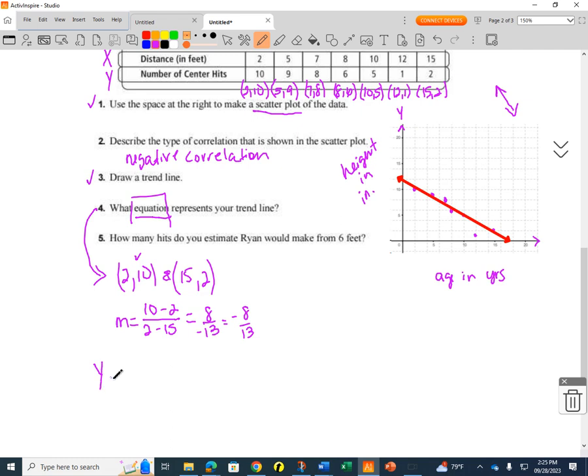I'm going to do y minus the y coordinate of one point, I'm picking the first one, equals the slope, negative 8 thirteenths times x minus the x coordinate of that point I picked to use. Alright, so now I'm going to distribute, and that's going to be negative 8 thirteenths x, because I'm multiplying here and here. Negative, negative, so that's going to be plus